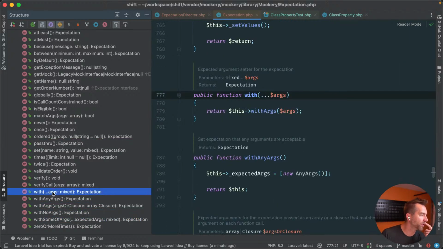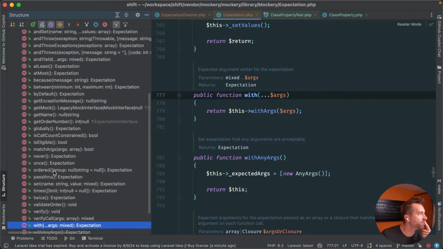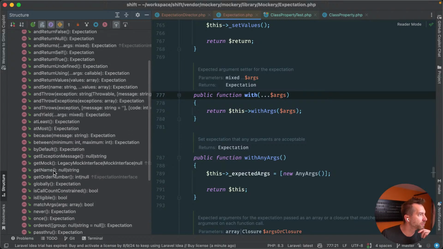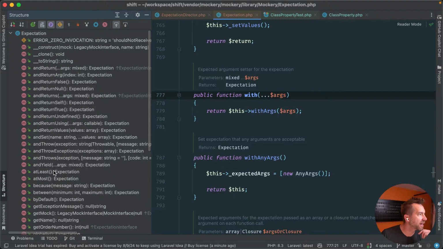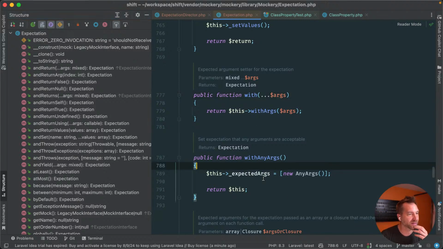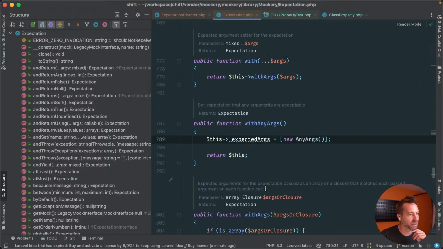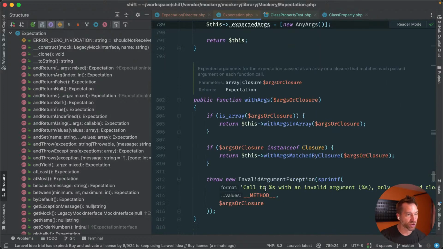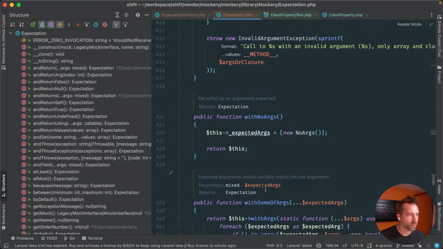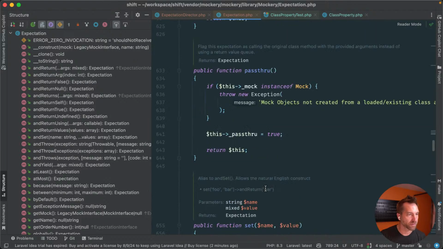Oh, okay. It's got a toString. So this is actually the expectation itself. They're setting expected args. Interesting. So this is actually the API where you set up the